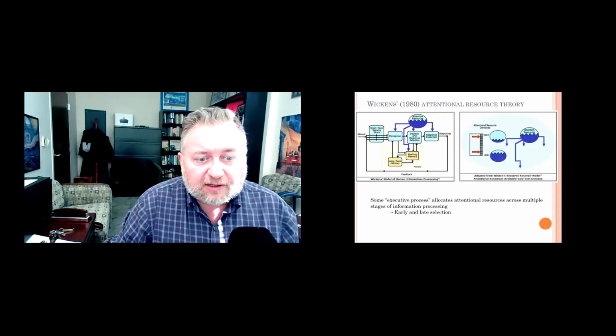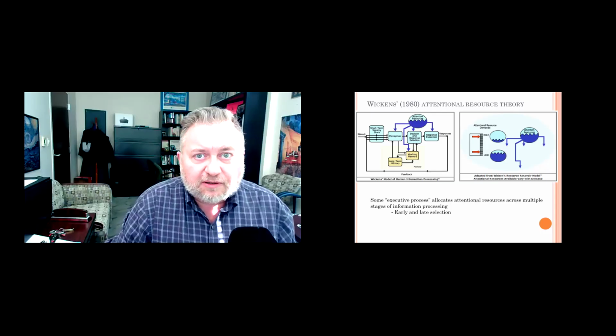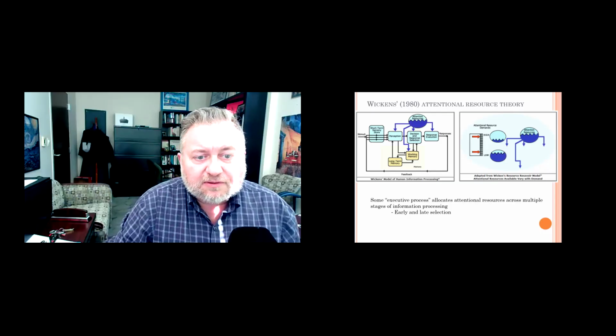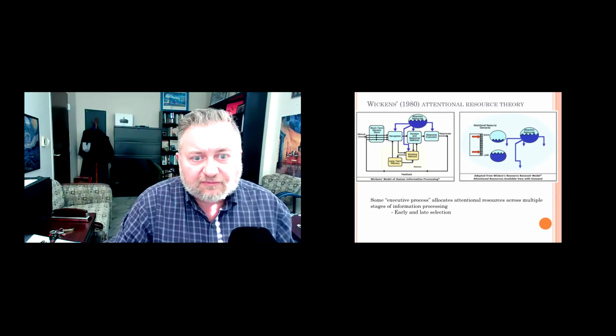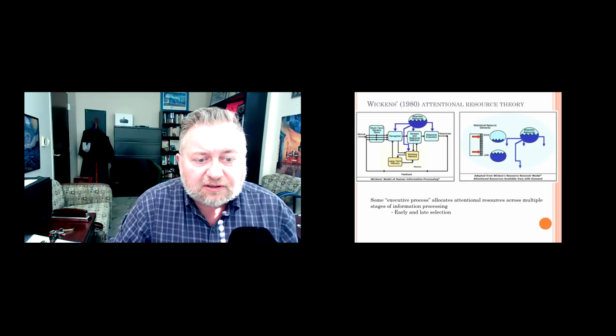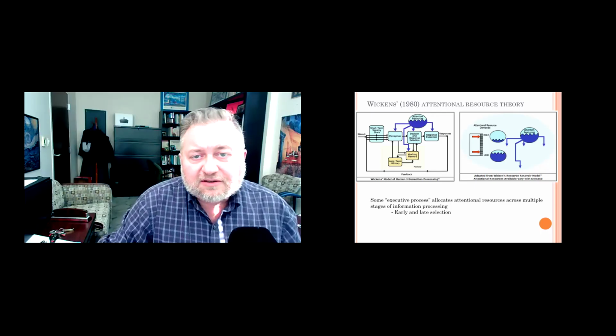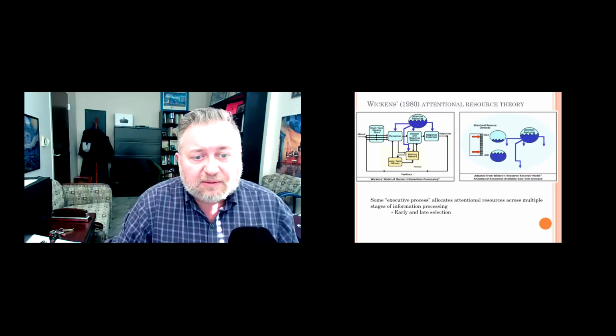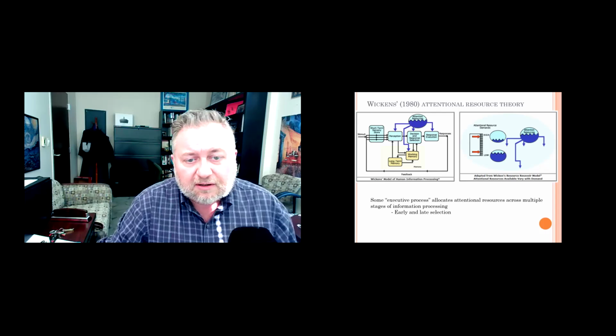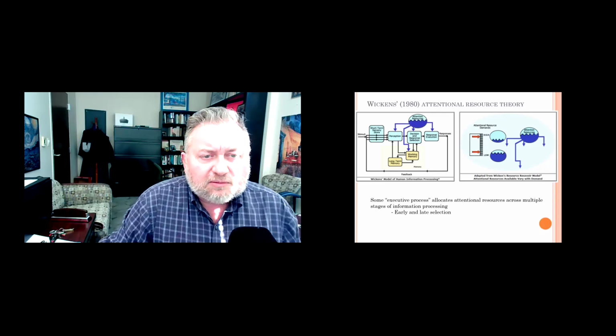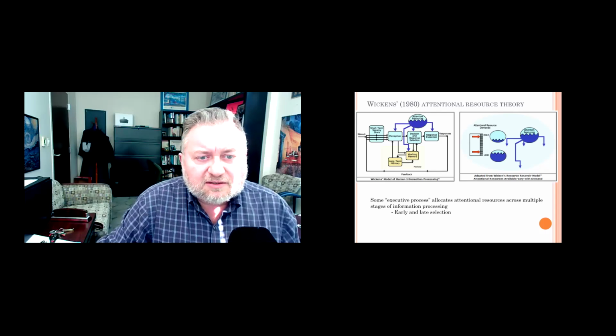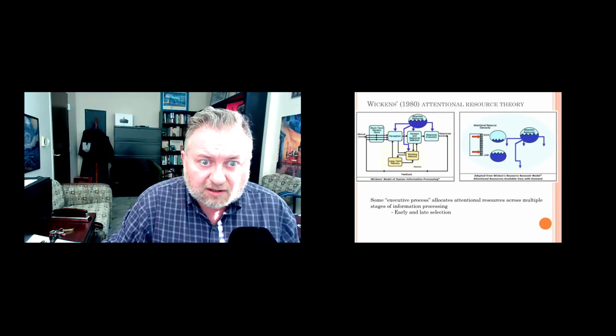And of course, working memory influences perception and long-term memory, but it also can influence our decision-making as well. So all of that information is kind of interconnected between working memory, long-term memory, perception, and decision-making. That's a theory of information processing, right? How do we make decisions and store information and do all this stuff? But importantly, what Wickens adds to this is this little fuel tank sitting above labeled attention resources.